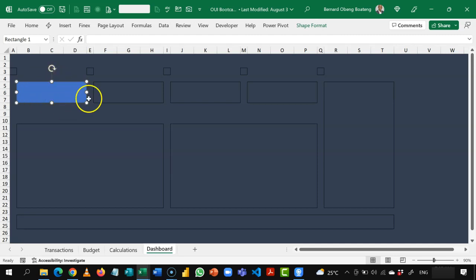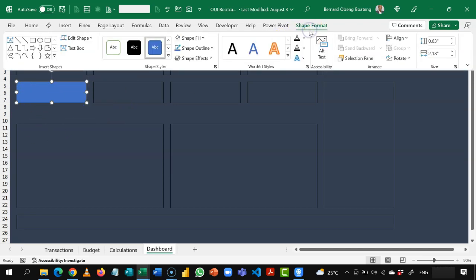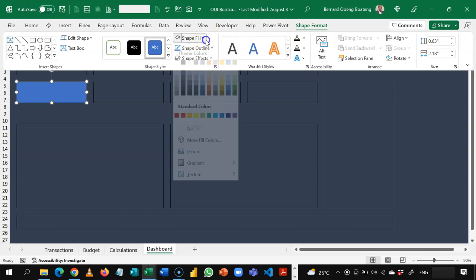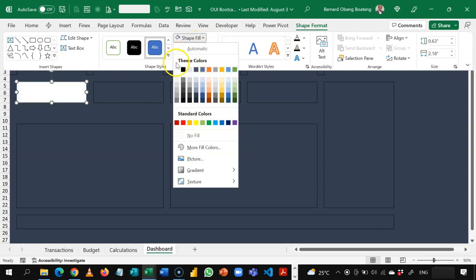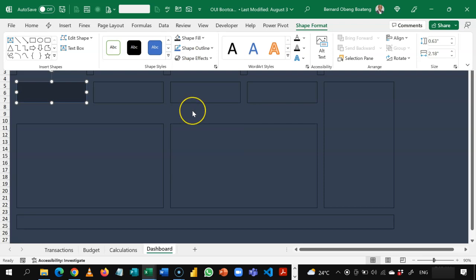So this is my first shape, and I'm now going to format it properly. With this in place, I'll go to my shape format, go to shape fill, and we come back to the same area, but instead of using the background color, we go to the next shade. All right, so I'll click and use this next shade. Then I'll take off my shape outline,